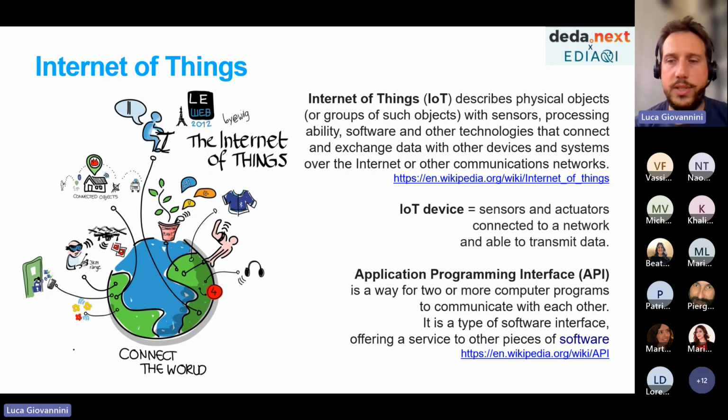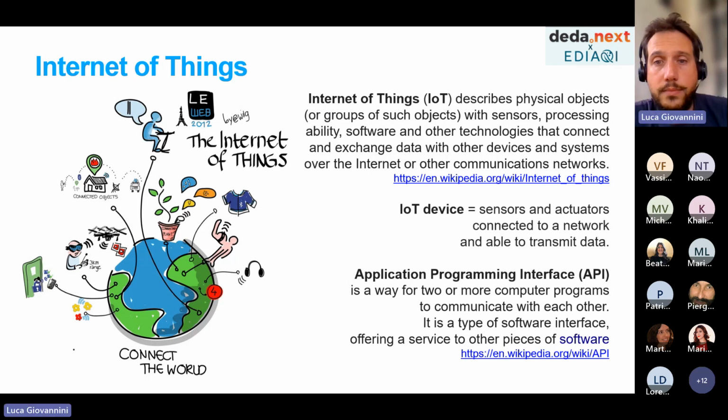There's all sorts of sensors. There could be a sensor getting the signal from a Wi-Fi device, from a cellular phone, as well as a more common sensor for measuring temperature, pressure, or something related to weather. But it could also be a satellite collecting information from the Earth's surface. That's again a device that measures something and then transmits the information.